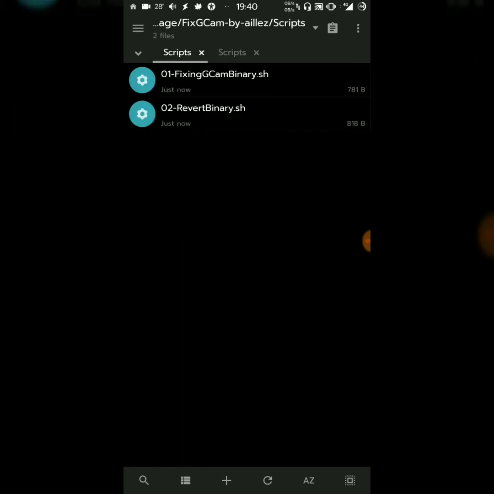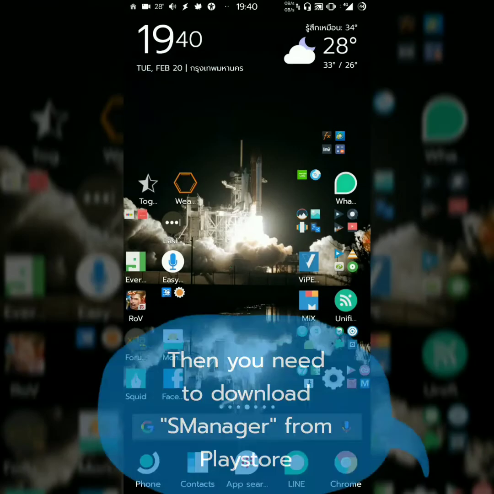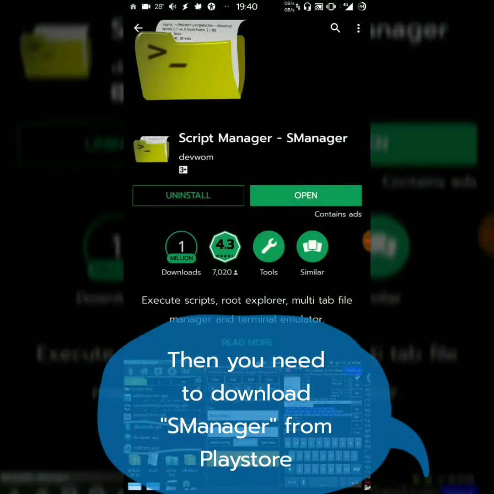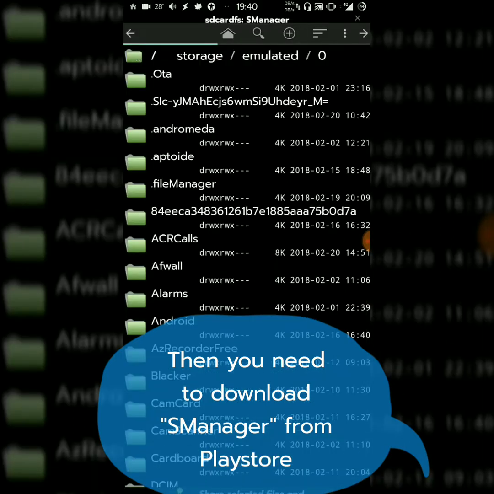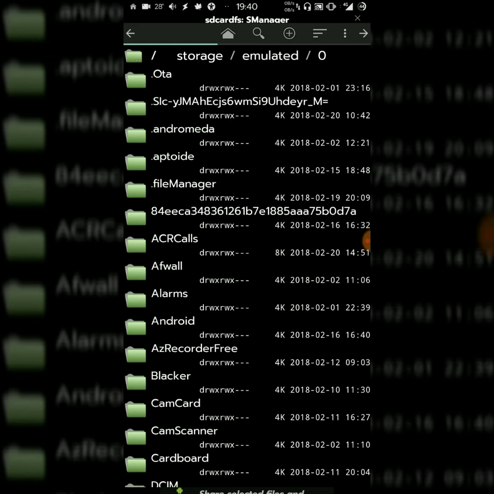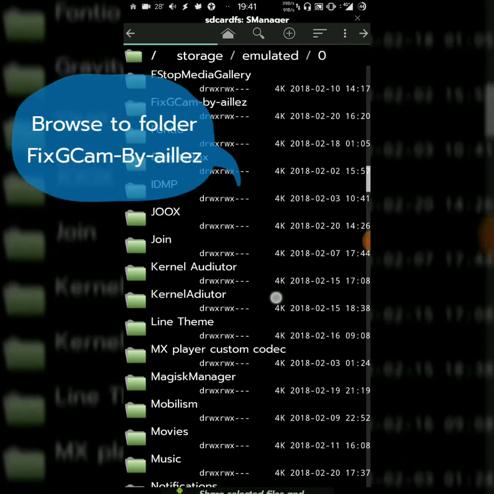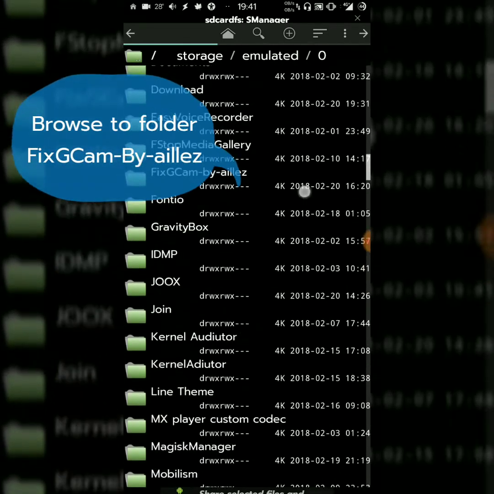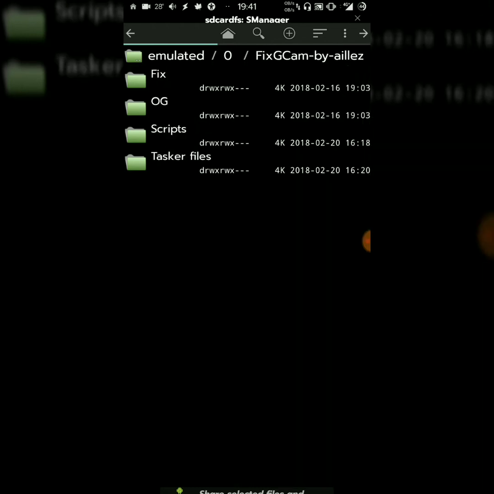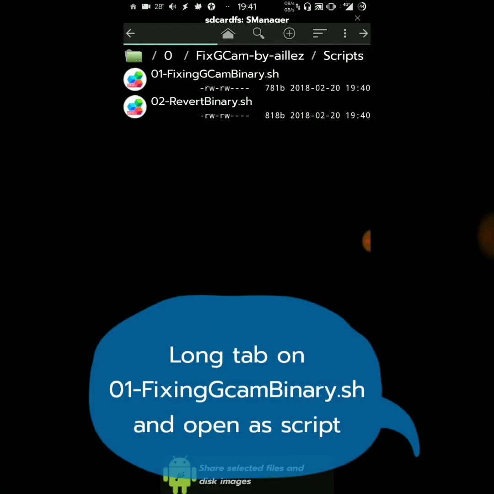We will use this to script, and you need to download an application from Play Store, which is called S Manager. After you download, you open it. This method still requires root, so for the first time when you launch the S Manager, it will ask you for the root permission. Just allow it, and browse to my folder and script, and